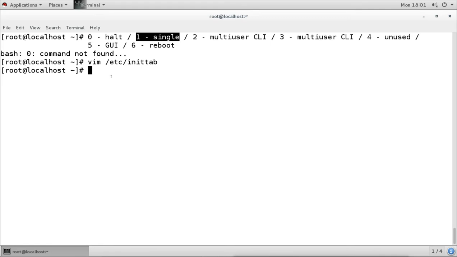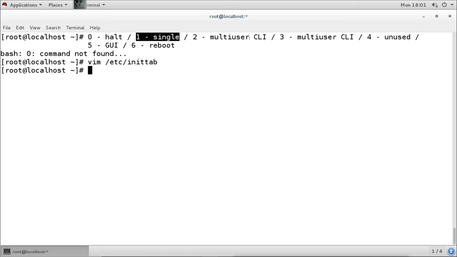But here you have to give the password for root. Without the password you cannot log in to rescue mode or emergency mode. So it is the same as single user, but we have to provide the password for root, otherwise you can't log in.